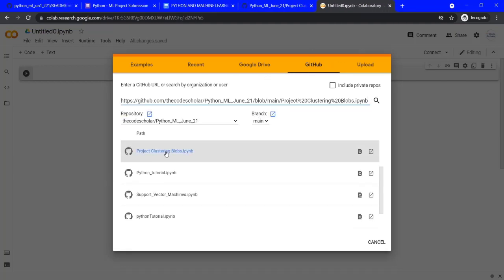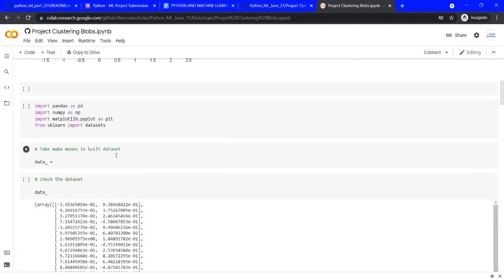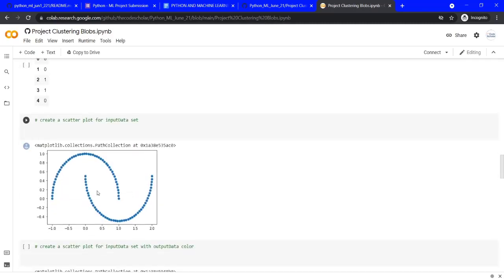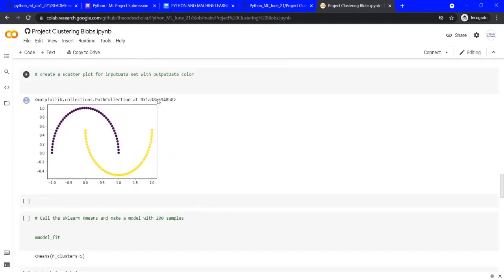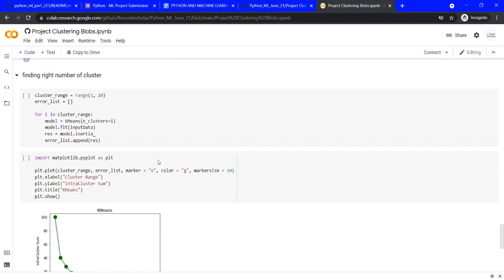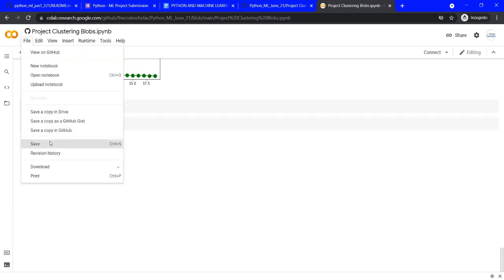This is your project blobs. You have to write the commands over here to fill it, all the commands to get the action done, how you can get this data, and how to create this particular graph. It has been made extremely simple for all of you to submit. Later on, file, save as, download as an IPYNB or PY file.